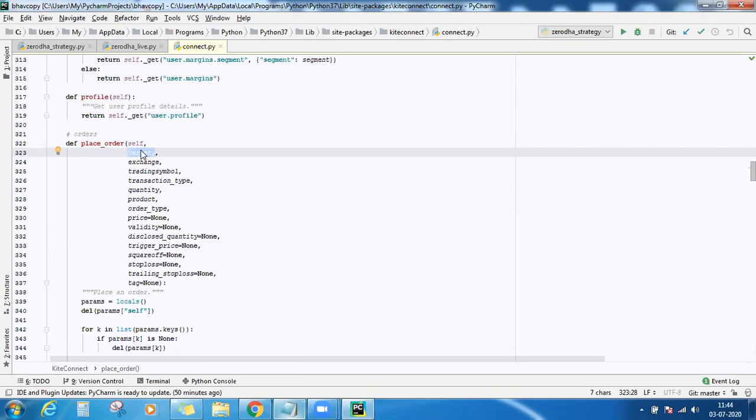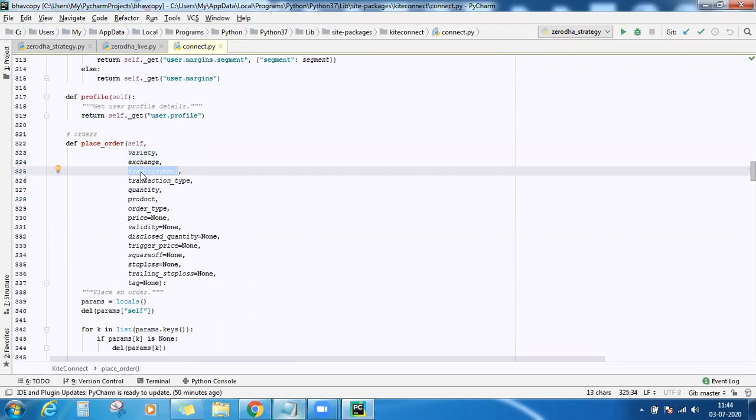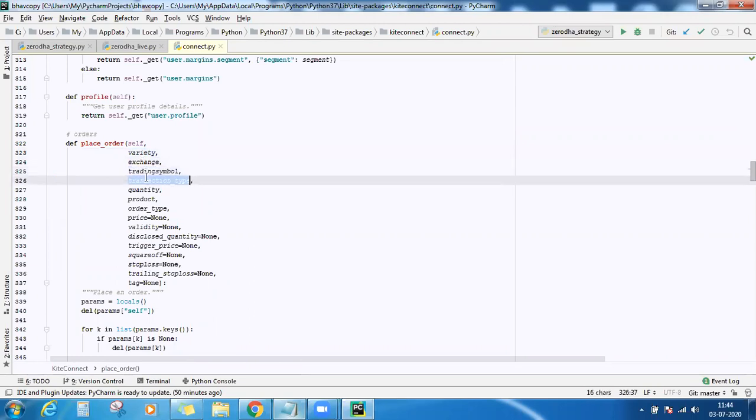Then what is the exchange, NSE or BSE? Then the trading symbol, then the transaction type, the quantity that you want to buy or sell here. Now in the order type, is it a limit order or is it a market order?